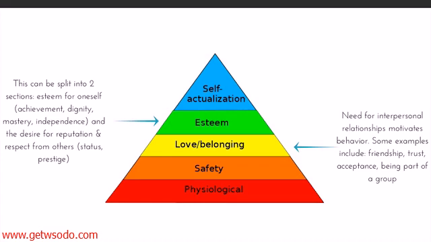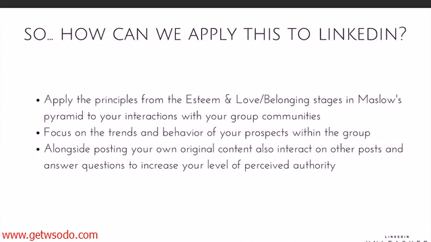The second section is desire for reputation and respect from others, so status and prestige. Obviously, you want to have this for yourself as well, so having respect and being perceived as an authority, but also acknowledging that from other people and allowing them to get that respect both ways. So you giving them respect in the group and them respecting you for what you've done and having your respected status within your industries. So that's the triangle and how I like to relate that to joining groups and the basic psychology behind it.